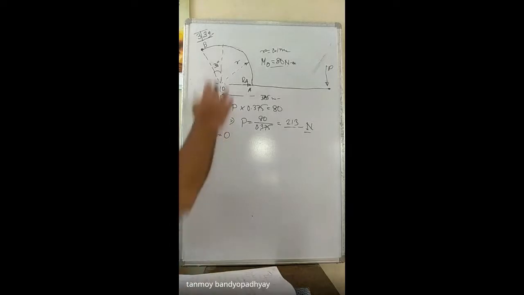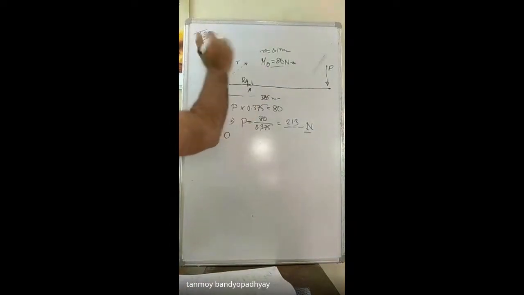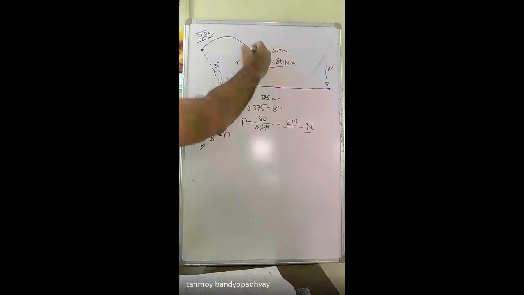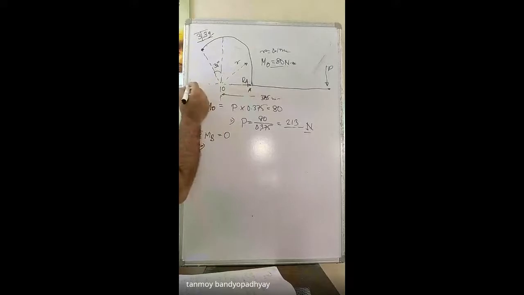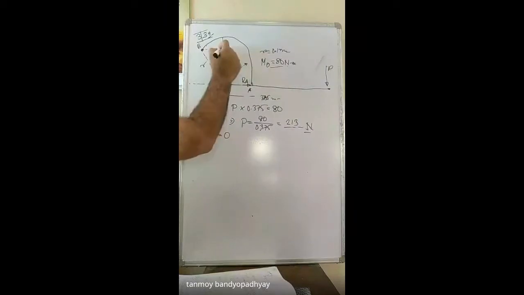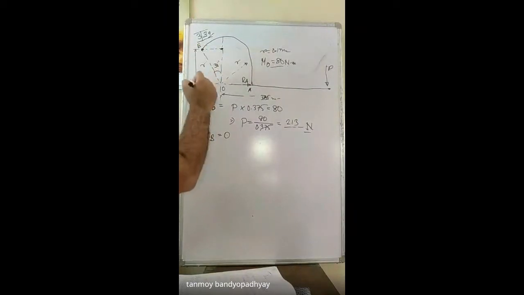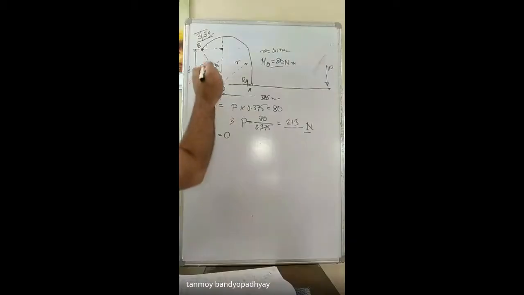How can we get it? If you draw it like a circular part, this is the line of action of RA, this is the point B, and this one is R. If I drop a perpendicular here, this distance is the lever arm. Call it D. So D equals R cos 30, 100 cos 30. If this one is R, this will be equal to R cos 30.